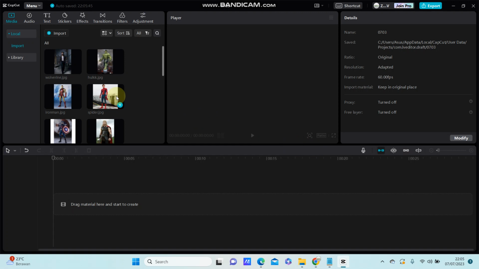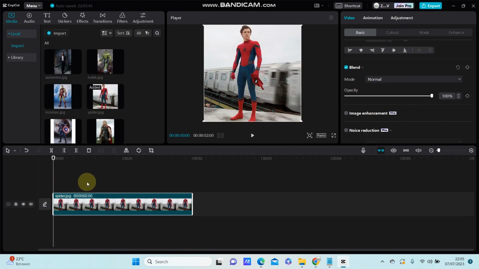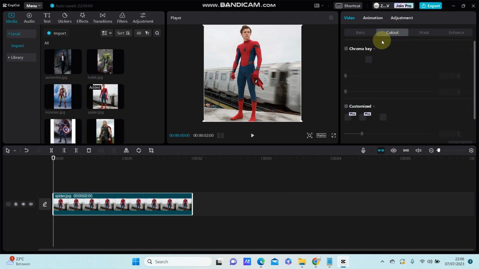You can find the auto cutout feature after you add an element to the track. Select cutout and scroll down. So here's the auto cutout. This is for removing the background